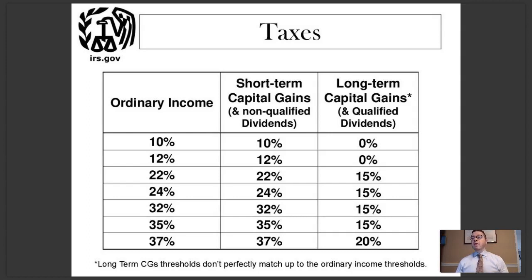So that means if you have money inside your TSP and you take it out during retirement, you should be expecting to pay ordinary income tax rates. You're not going to get any tax breaks on that. You're going to get the ordinary income tax rates. Very good. Now, if you have money in a 401k and an IRA, you're also going to be paying ordinary